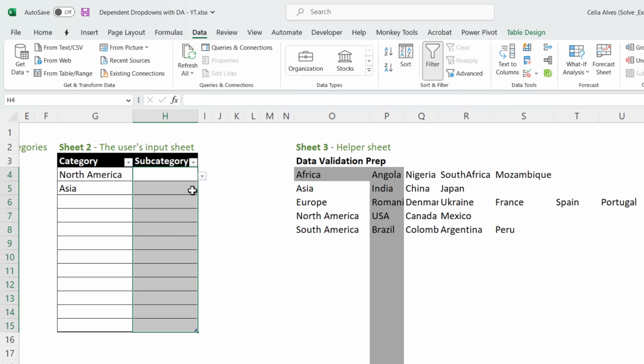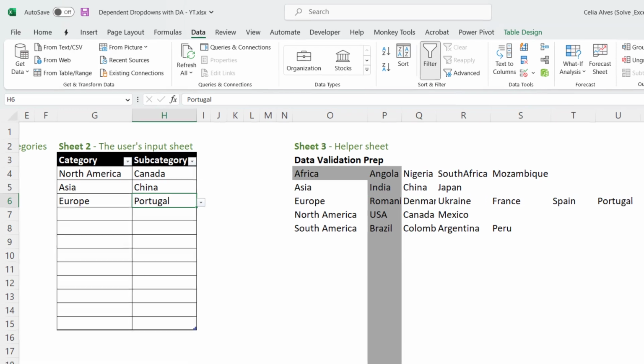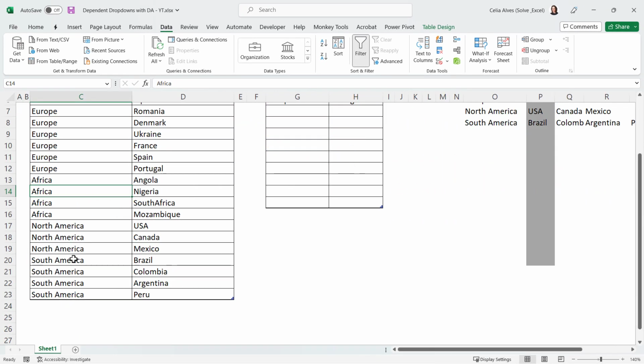OK, so now let's test. There's the options we have for the continent North America. There's the options we have for the Asia continent, and so on. There we go. If we have Europe, there's the options we have for Europe. If we go and add a new country here,